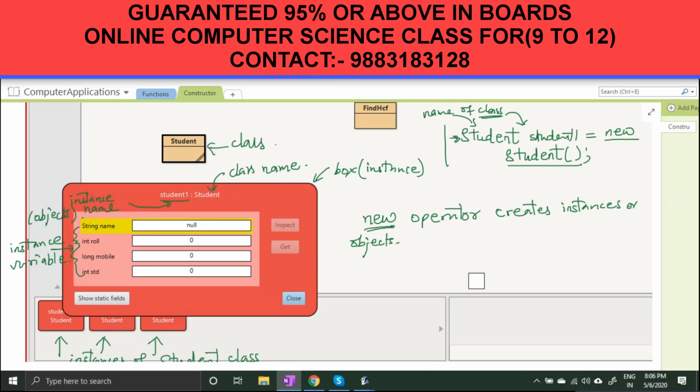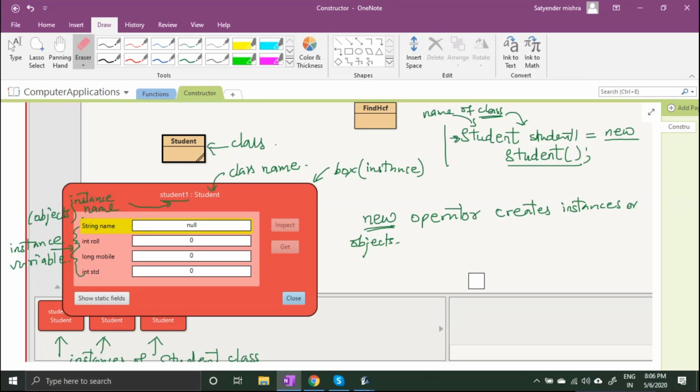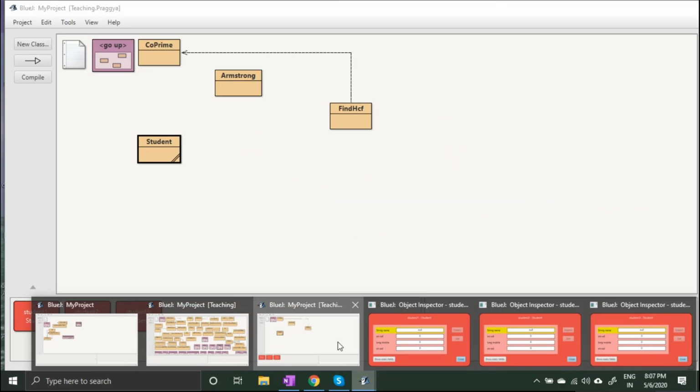It is the blueprint of the object. I have designed the blueprint of the object here, right?